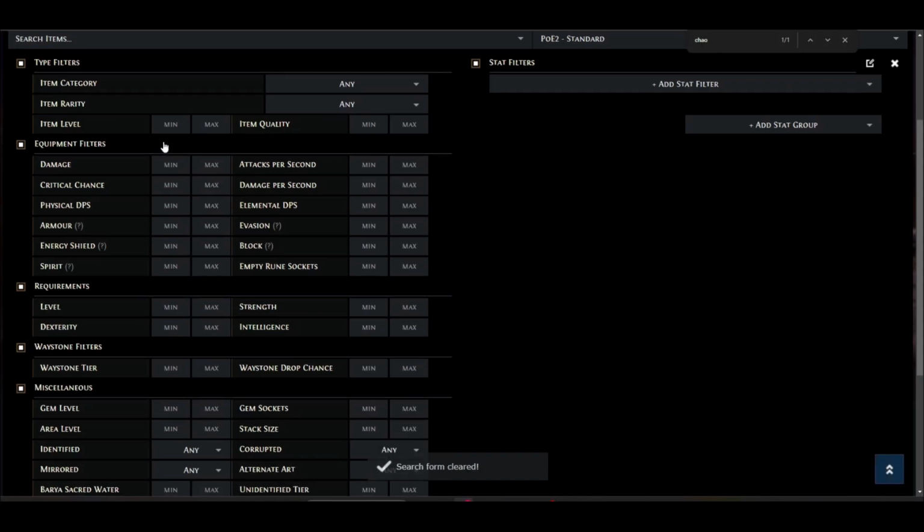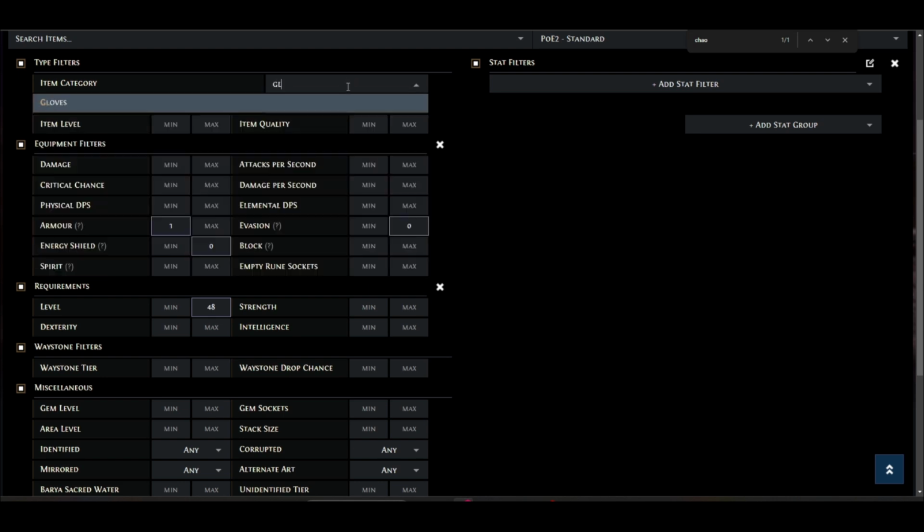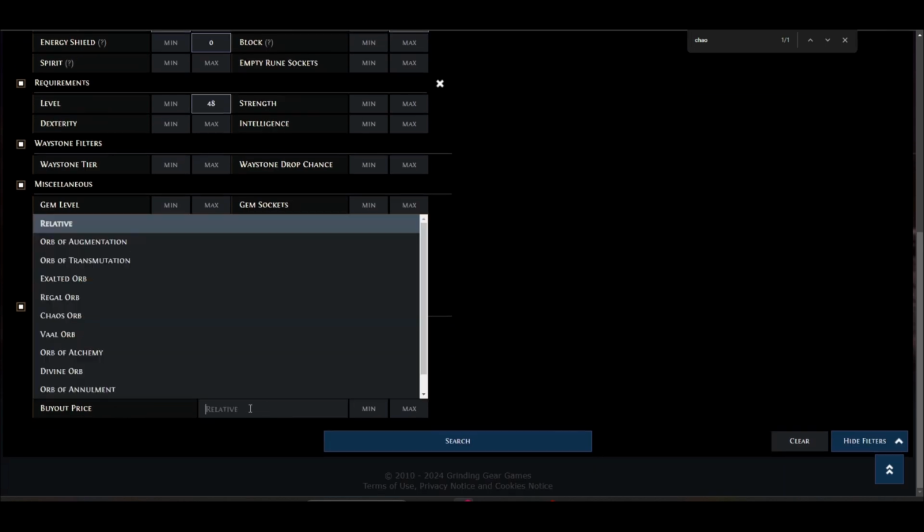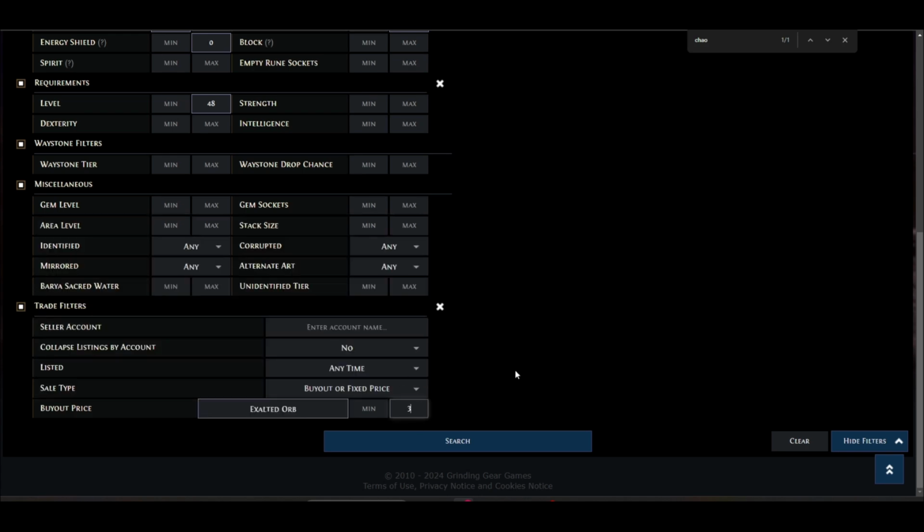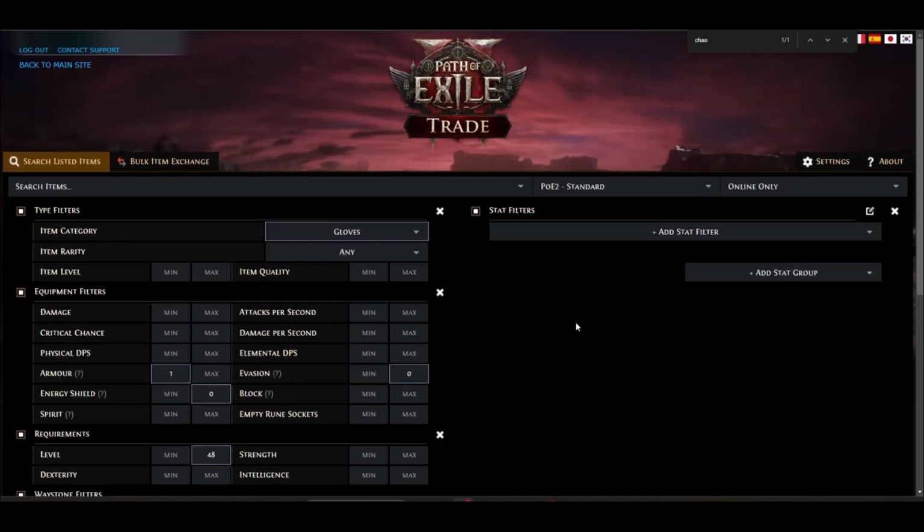Okay, so let's start filling in the stuff that is mandatory. It can't be higher than level 48. I also said it's going to be an armor base, so we'll put energy shield and evasion to 0. It's a pair of gloves that we're looking to replace, so we'll put gloves there. And we said that the buyout can't exceed 3x